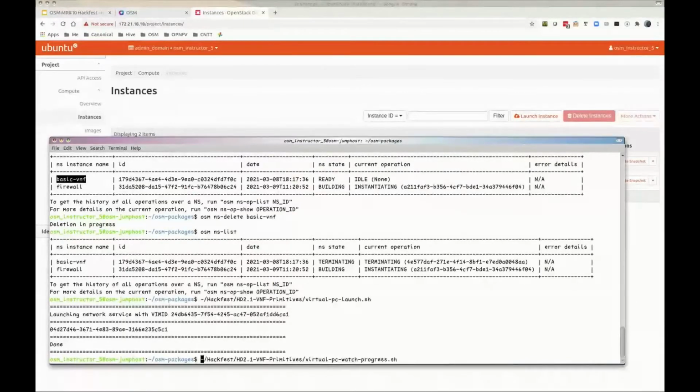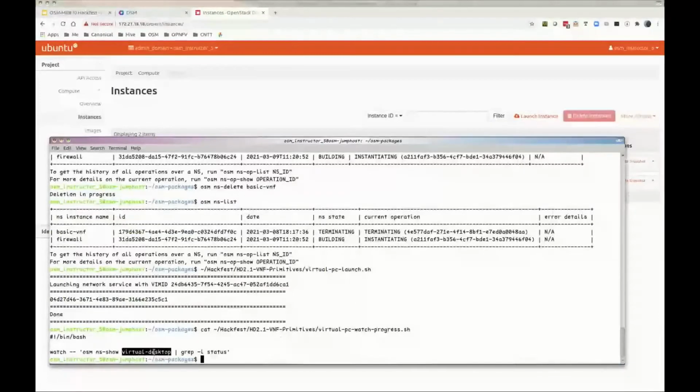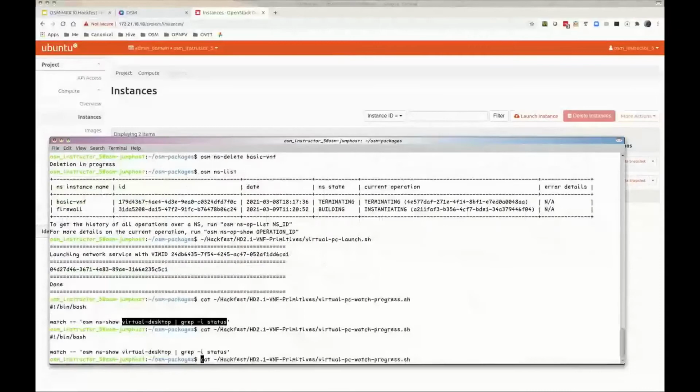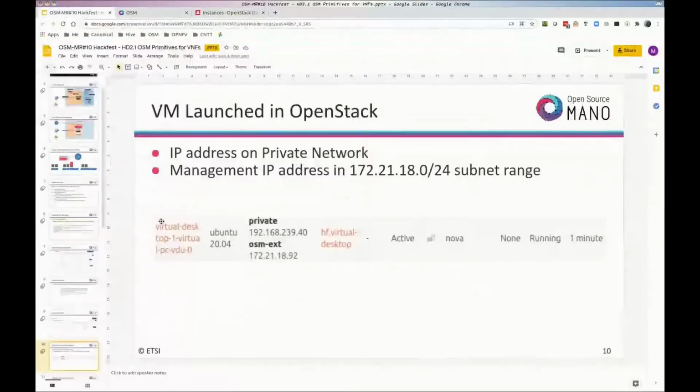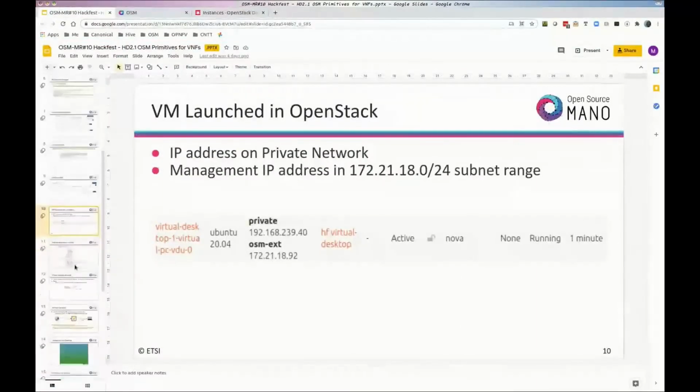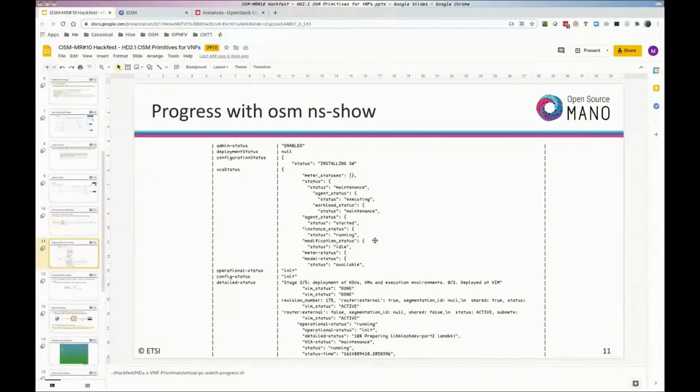And that's nothing more than just saying show the virtual NS show virtual desktop and grep for the status. So if I execute that, we'll be able to see the progress coming along. Taking a look next in our slide deck here, we can see the progress is going to show things running. Eventually, you're going to start seeing something like this down here, which is preparing the apt packages. So you'll actually be able to watch the entire installation take place through this